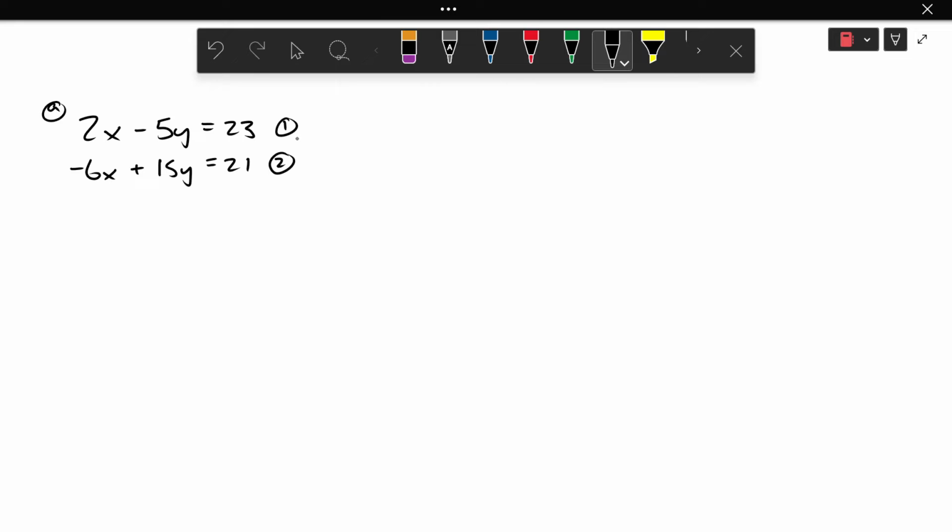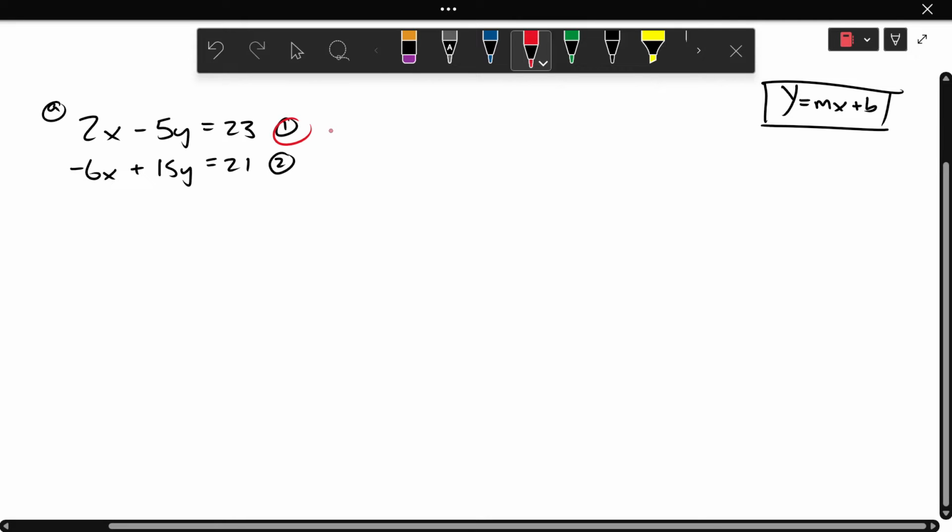So the first step always when you're doing questions relating to how many solutions you have, if the question asks how many solutions there are to this system of linear equations or this linear system, you always need to take your equations and put them in y equals mx plus b form. The same way you did when you were graphing to solve. But in this case, you're not graphing. You don't actually need to solve the equation, but you do need it in that form so that you can determine the number of solutions. So if I take equation 1,